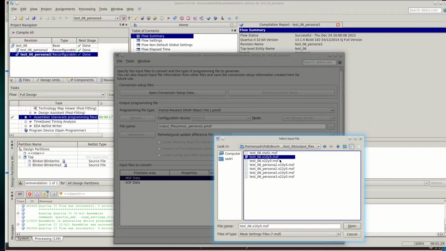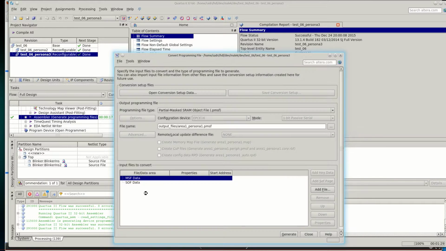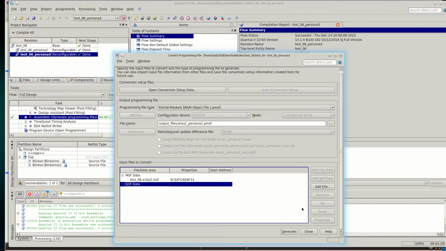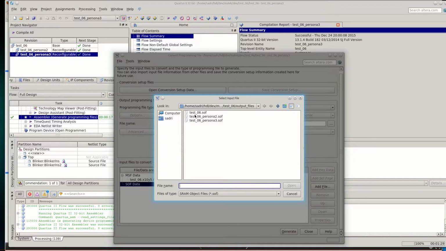So if you look at the files that Quartus has generated, Quartus has generated 2 files for these 2 blinker modules for persona 1, 2 files for blinker modules for persona 2, 2 files for 2 blinker modules for persona 3. Okay, so for now I have blinker 1 persona 1, which is corresponding to this file. Okay, I select this one,